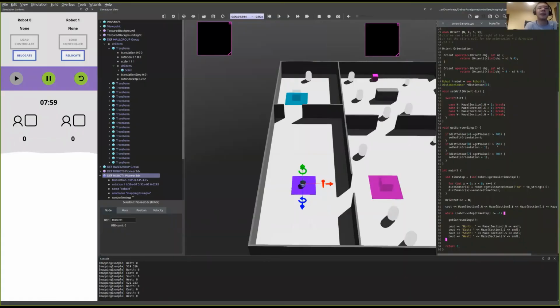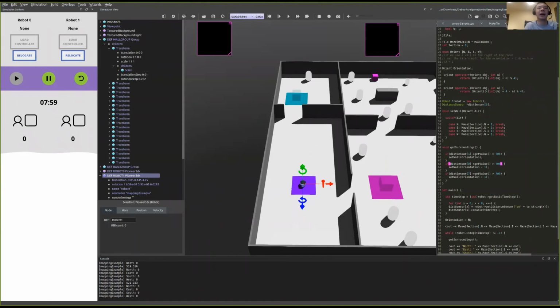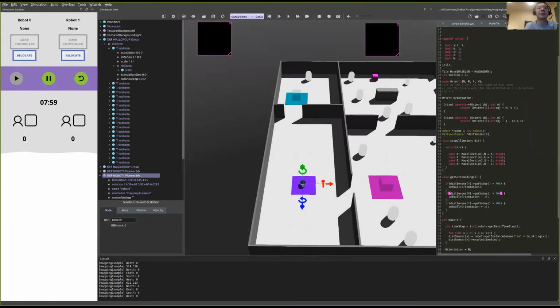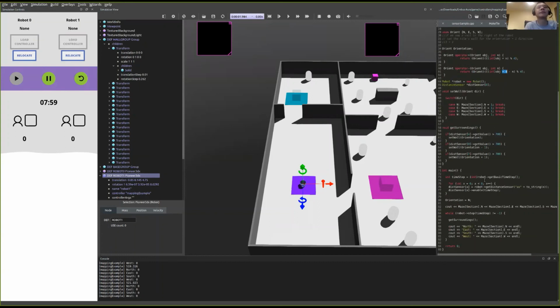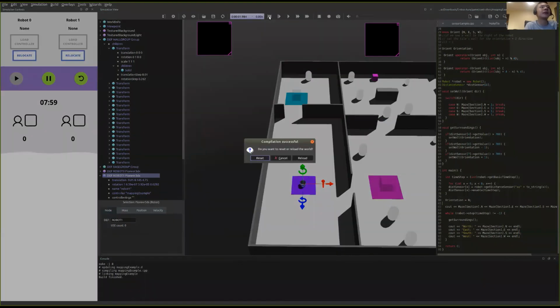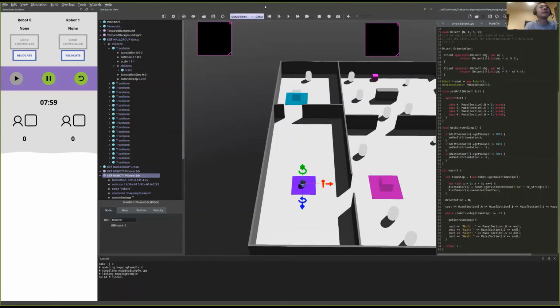Okay, so one thing before the demonstration is that I had to change these arbitrary thresholds I'd set from 500 to something higher. So we have to get closer to the wall in order for it to count as a wall. And additionally up here in the operator overload for minus, I added 4. And that's just to make sure that the entire orientation is going to be positive. All right, so let me build that one more time. And if I run it,